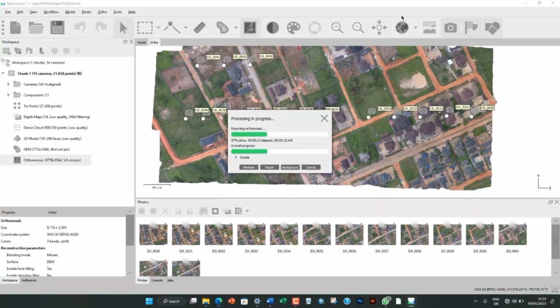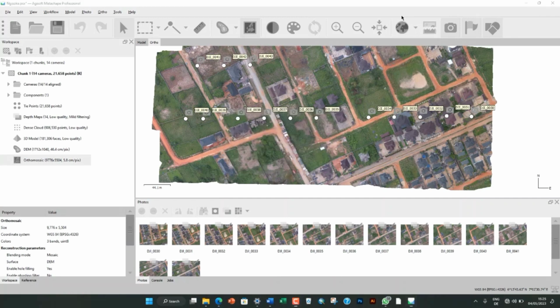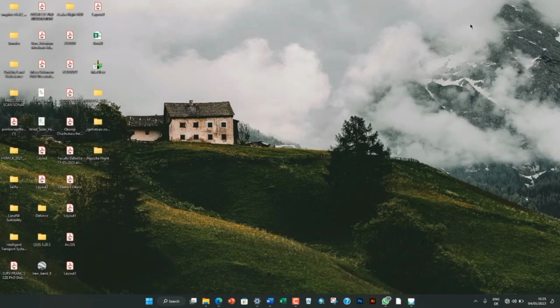So our images are being exported. This is the Orthomosaic being exported. It might take some time, like I said, depending on your laptop processor speed. So this is it for the Orthomosaic image. It's still running, and yeah, we are done. So you can go back to